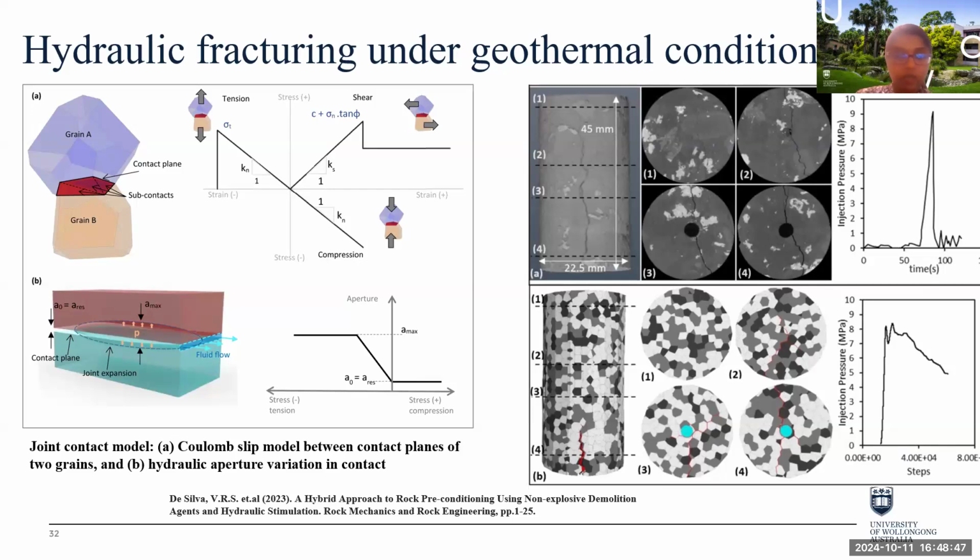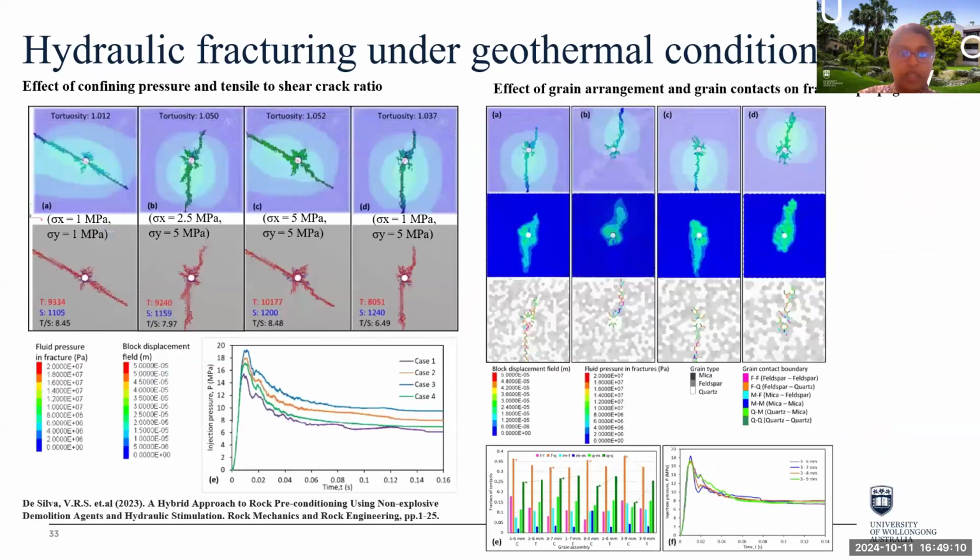Here you can see modeled contacts between grains using a Coulomb slip model, allowing contacts to fail under both shear and tension. And here on the left, you can see the CT scanned granite sample as well as the simulated microstructure and numerical and experimental breakdown curves. Here you can see simulation results on fracture behavior and stress influence, and also the effect of